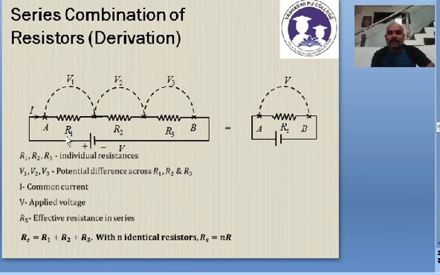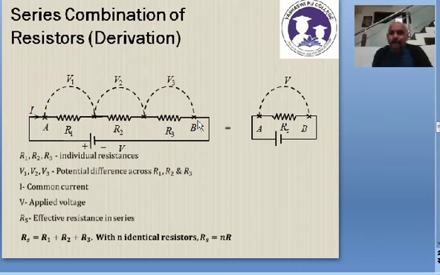So listen again, R1, R2, R3 are three resistances connected in series because they are connected end to end, and I is the current flowing through all the three resistors, because the same current has to flow through R1, R2 and R3. Suppose 1 ampere current comes through R1, the same current has to go through R2 and R3, because there is no other path for the current to flow.